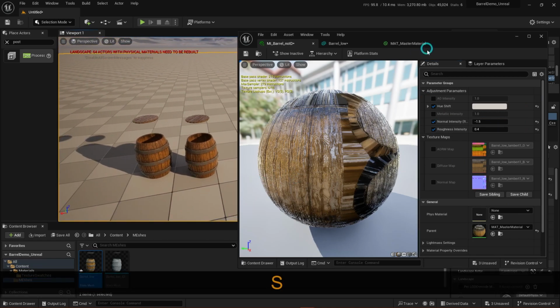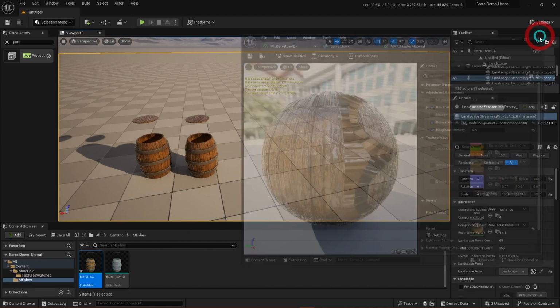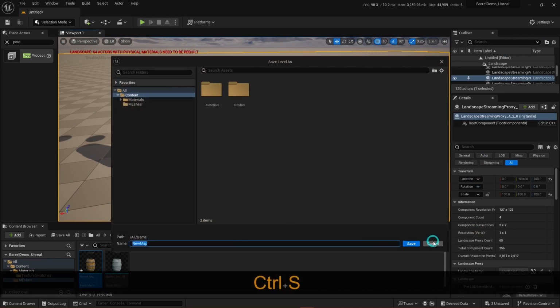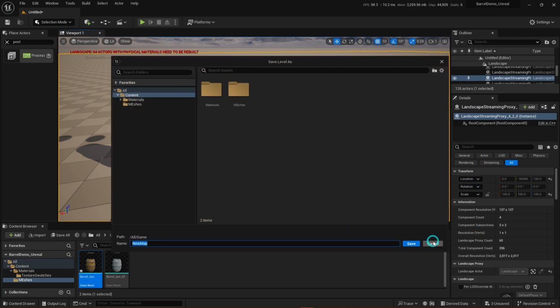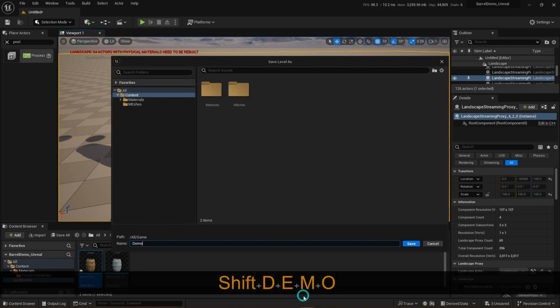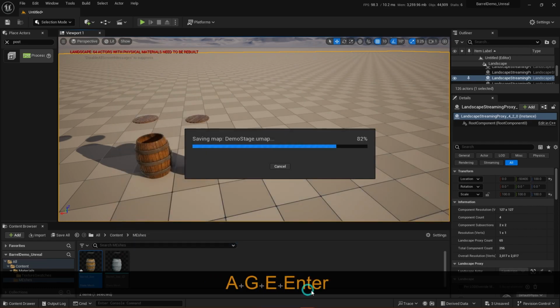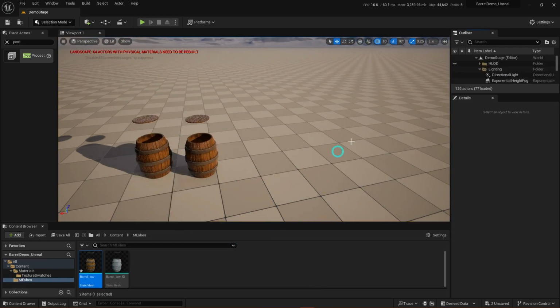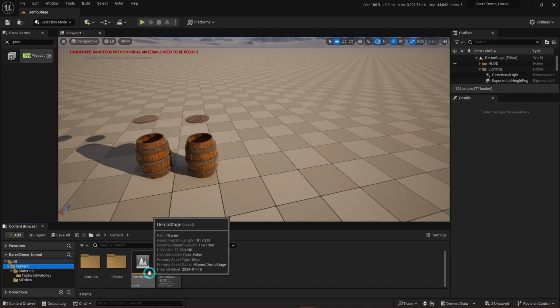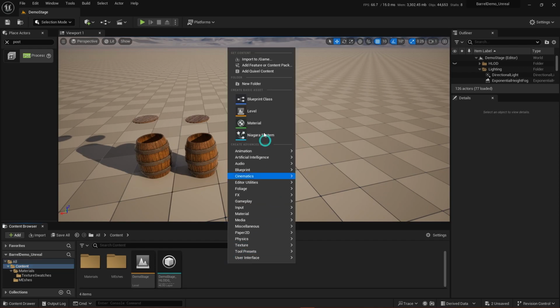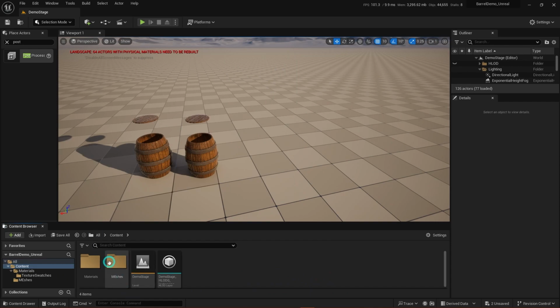And so now same as before, so I shouldn't say same as before. Oh, that's why I haven't created a map yet. There we go. I have to actually save the level itself because you'll see it says demo stage here, which is this level. You can right click and create multiple levels within the same project. That's all it was asking me to save there. But if we go back,